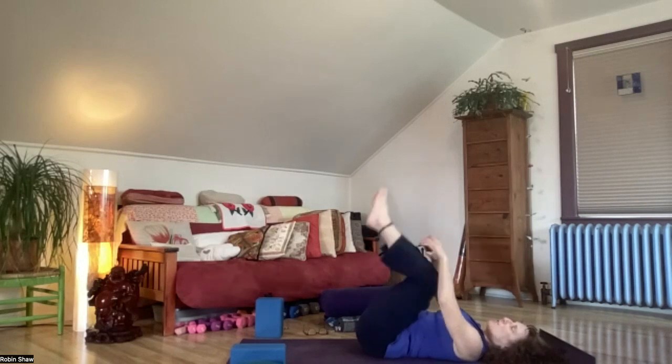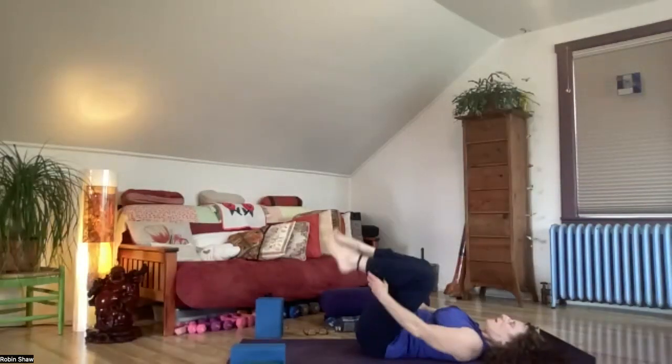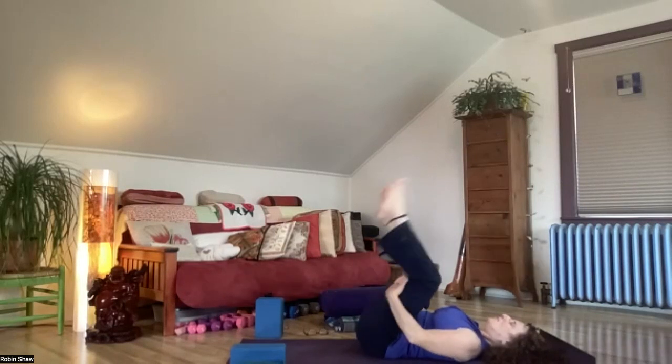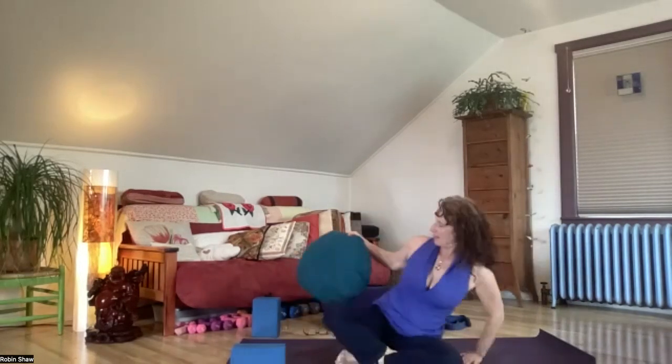So if you want, you could bring the legs up a wall for Shavasana, or you can put something under your knees for support. You might also choose to sit in seated meditation for your final pose. So choose what feels best in your body,